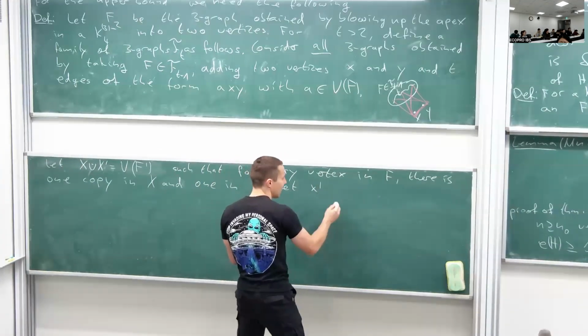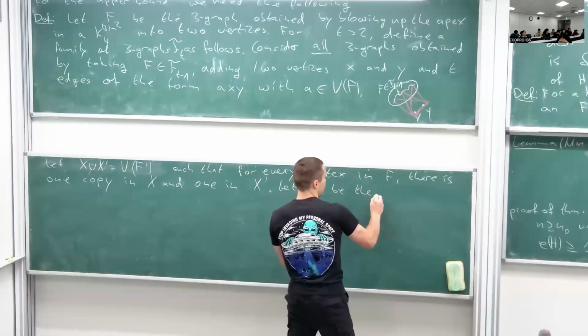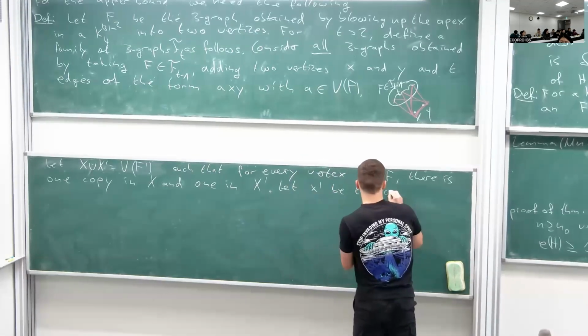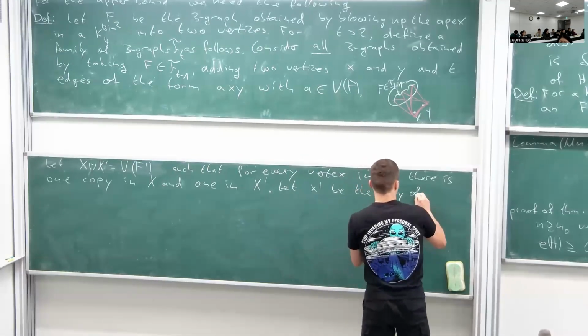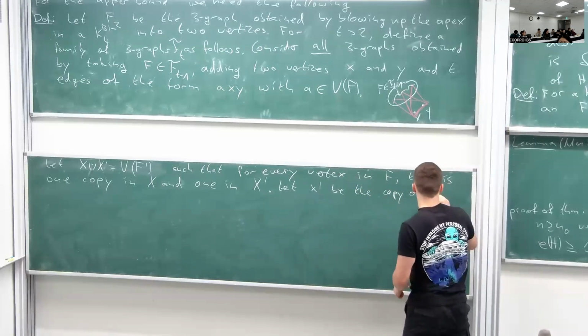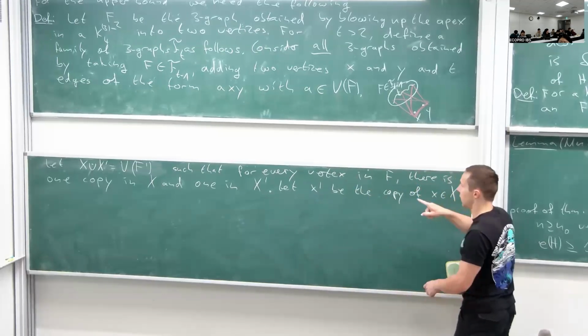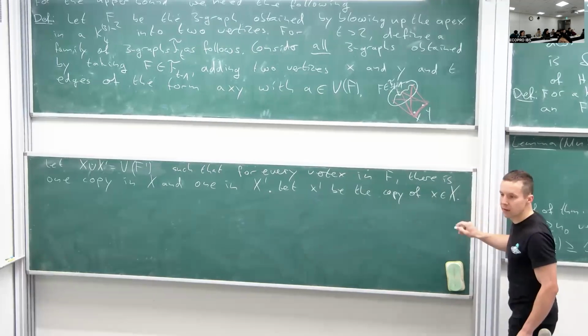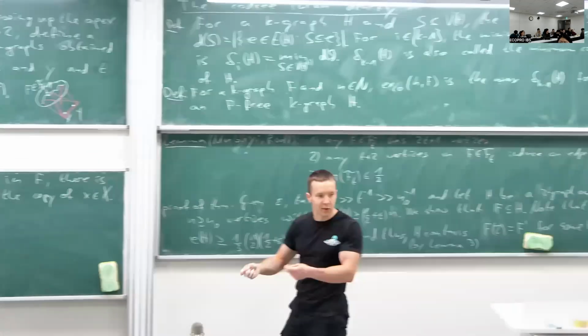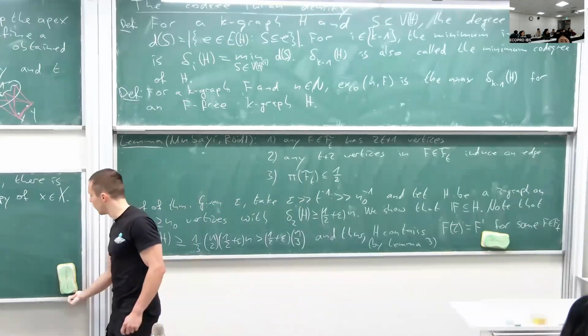And then let X prime be the copy of some vertex X in the first set X. Okay, so you just want to have this short notation. So